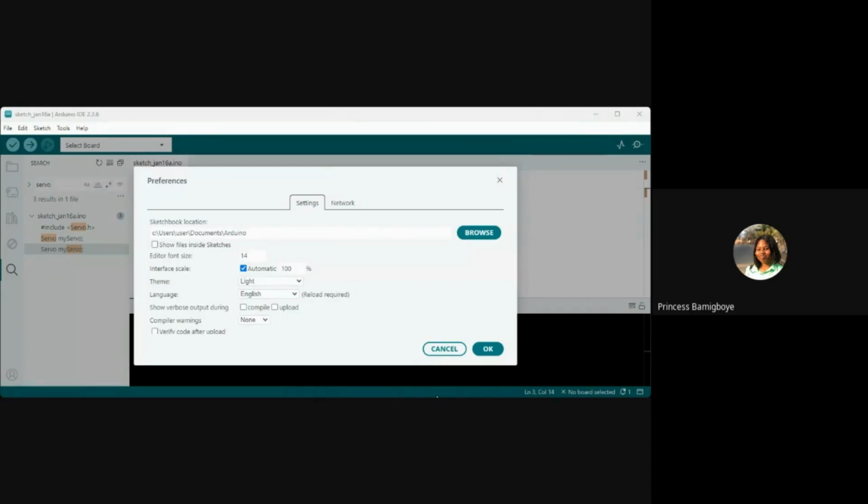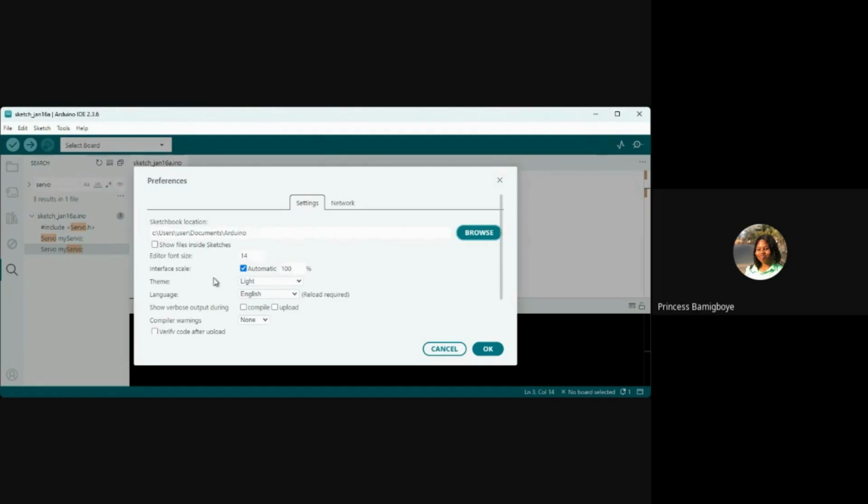If I select a different location, you see that it has changed, downloads, recorded classes. But let me change it back. So documents inside Arduino, that's where I want to save it.